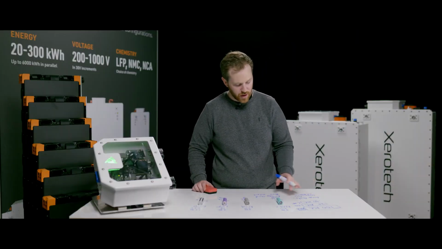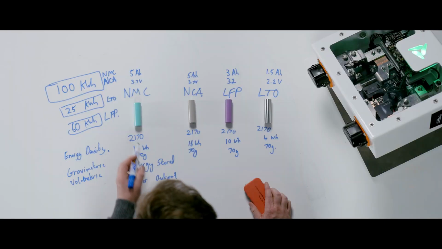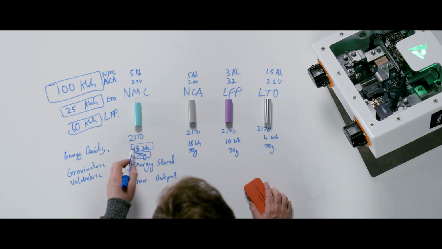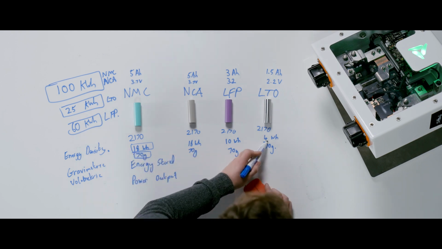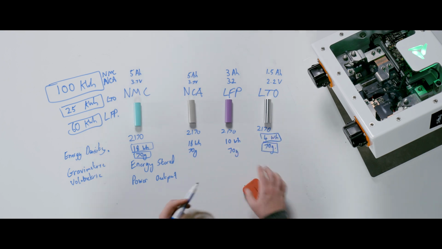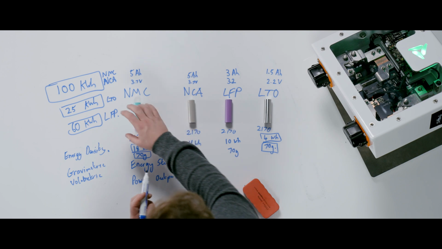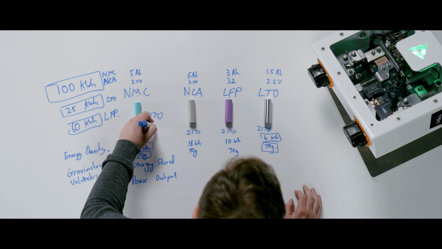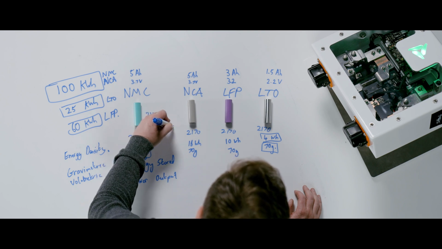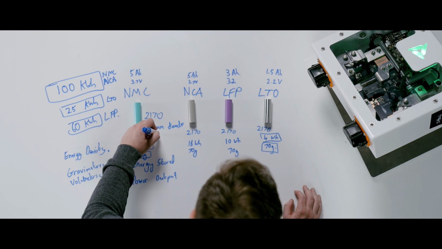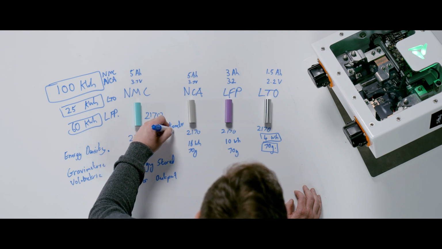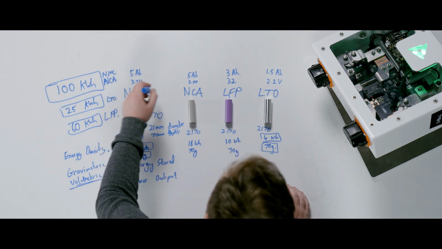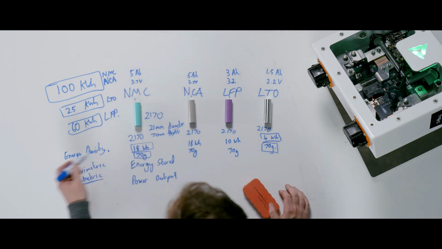Gravimetric is how much energy in a given unit of weight you have. So obviously if you've got 18 watt hours here and it only weighs 70 grams, that's a much better number than having 4 watt hours weighing 70 grams. And in this case here, you can see that these all have the same size. They're 2170. So that means there's 21 millimeters diameter, 70 millimeters in height. So the volumetric energy density is going to be better with the high energy density chemistries, as is the gravimetric